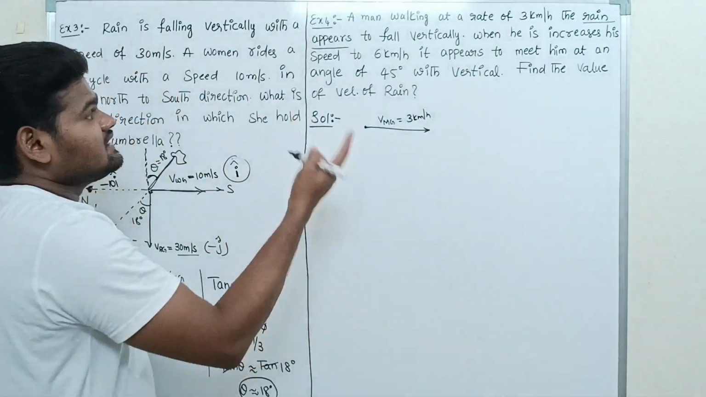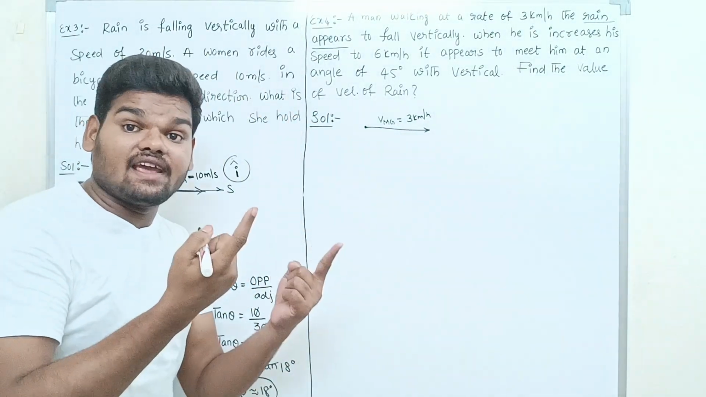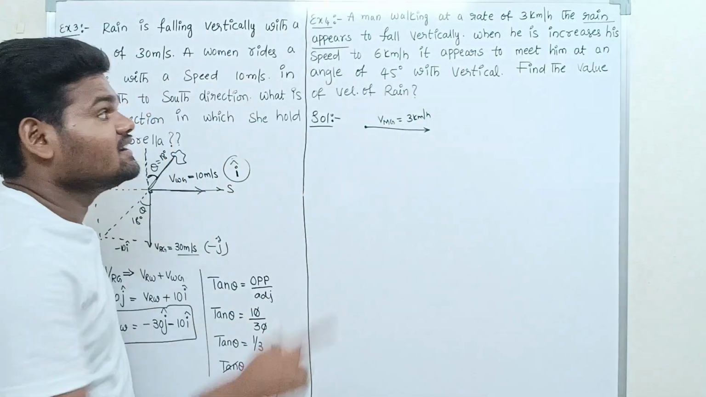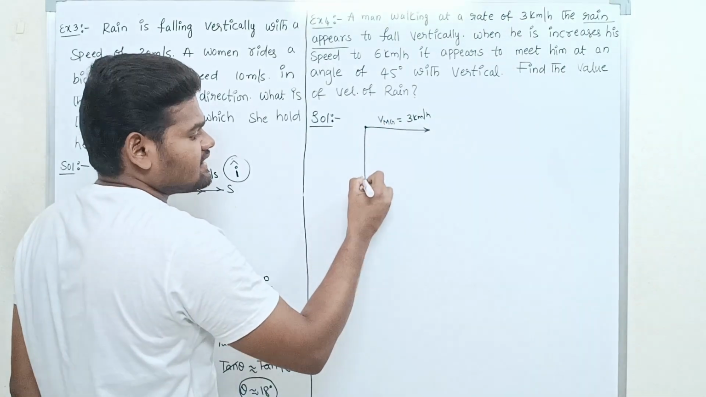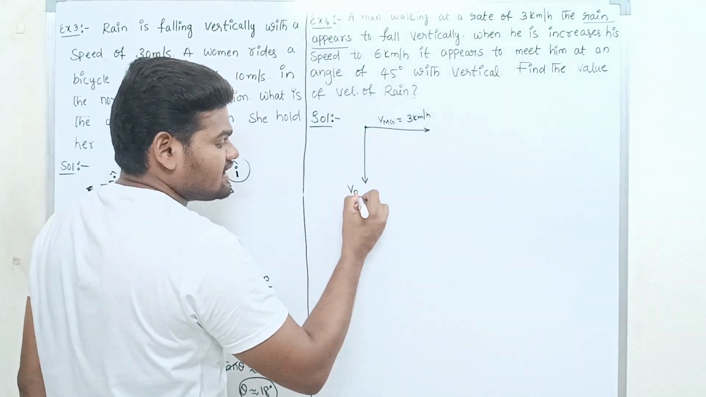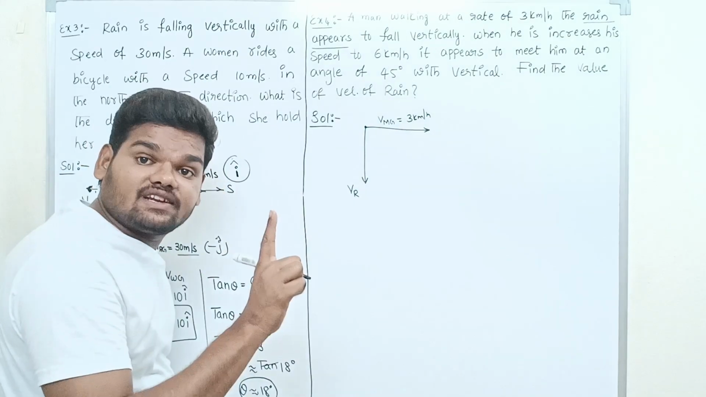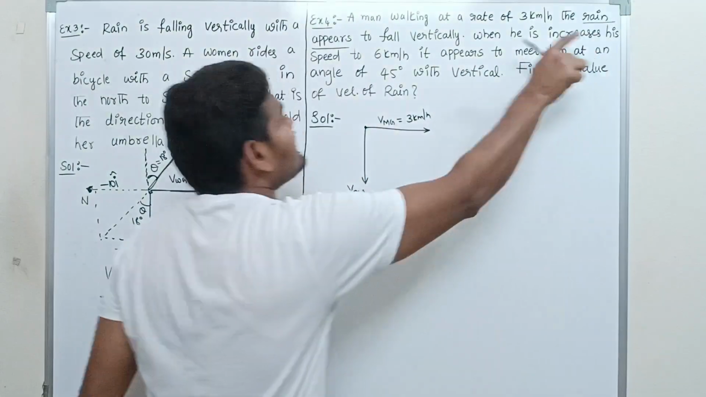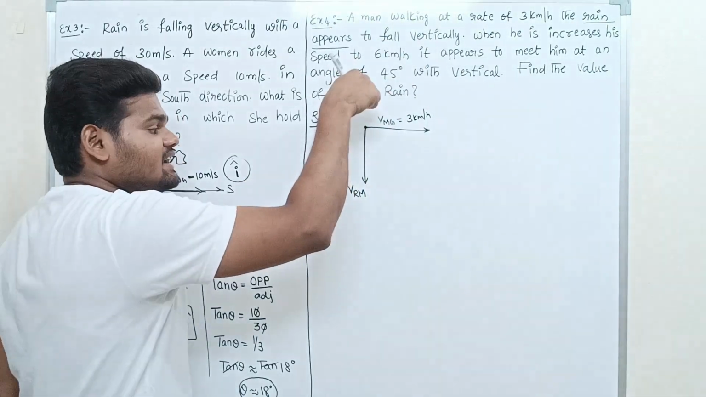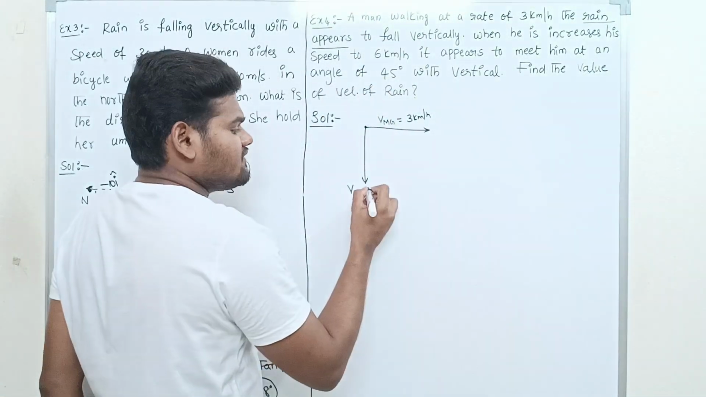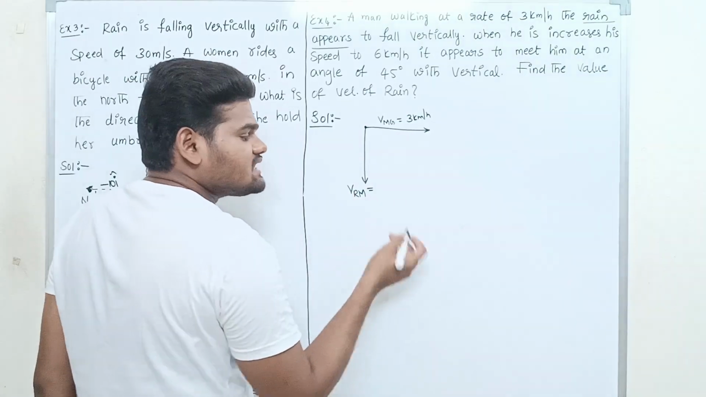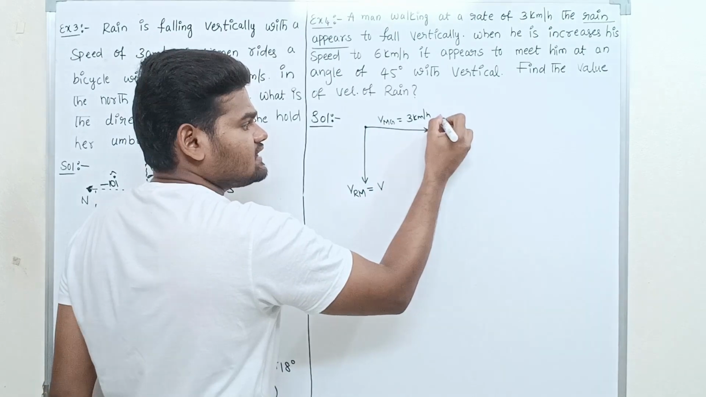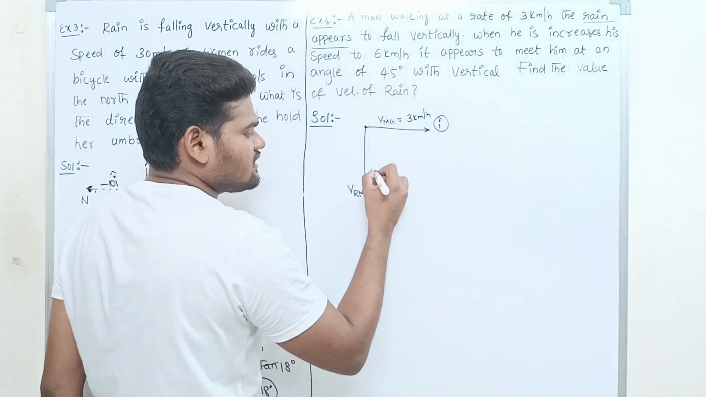Now, the rain appears to fall vertically when he is moving with 3 kilometer per hour. That means the velocity of rain with respect to man is vertical, because to him the rain appears to fall vertically. I don't know the velocity of rain in this condition, so I'm considering the velocity of rain as v. The unit vector along this direction is i cap, and along this direction is